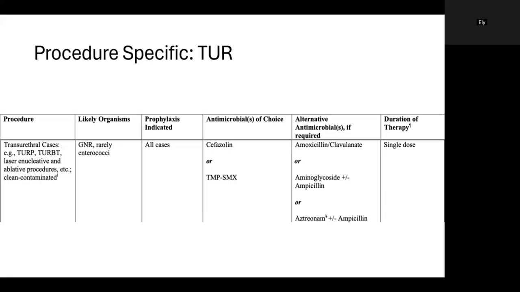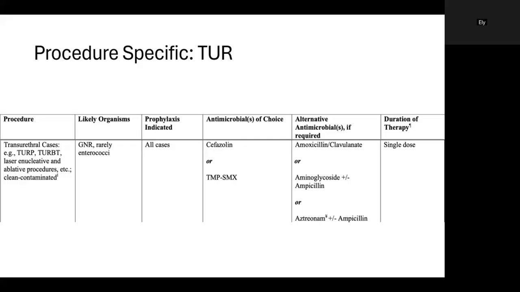Thank you, sir. So the next specific procedure that we'll talk about is TUR cases, which we most commonly do as TURPs or TURBTs, but can also refer to prostate ablative and enucleation procedures. Similarly to cysto, gram-negative rods are the more commonly encountered organism in these cases, but because they're relatively invasive, we consider antibiotic coverage in basically all of these cases,